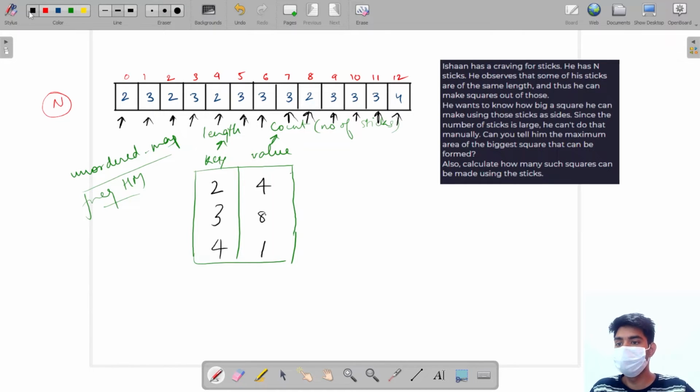So now I have the number of sticks, right? For 2, I have the length of the stick. So this key is representing my length, and this value is representing the number of sticks I have of that length, right? So if my frequency, let's call this value or this count, is greater than or equal to 4, what does